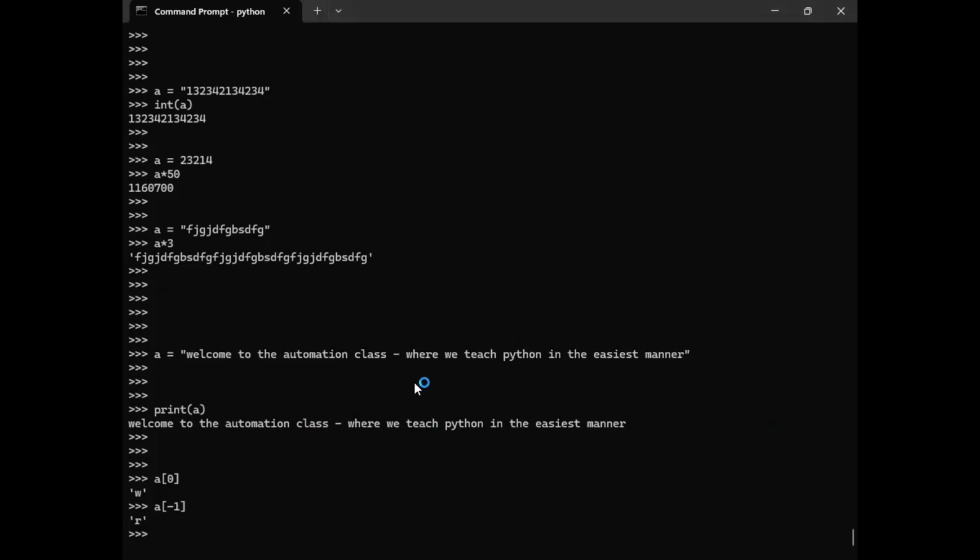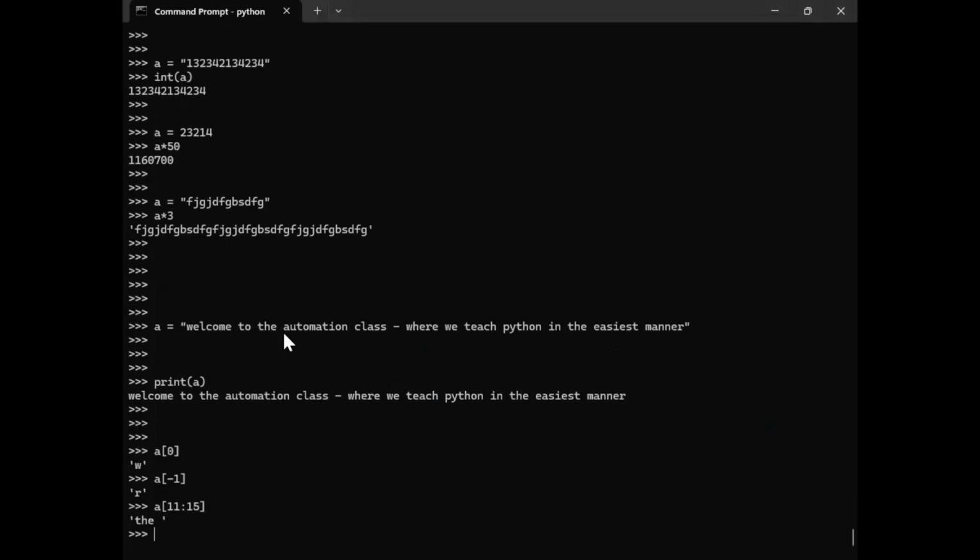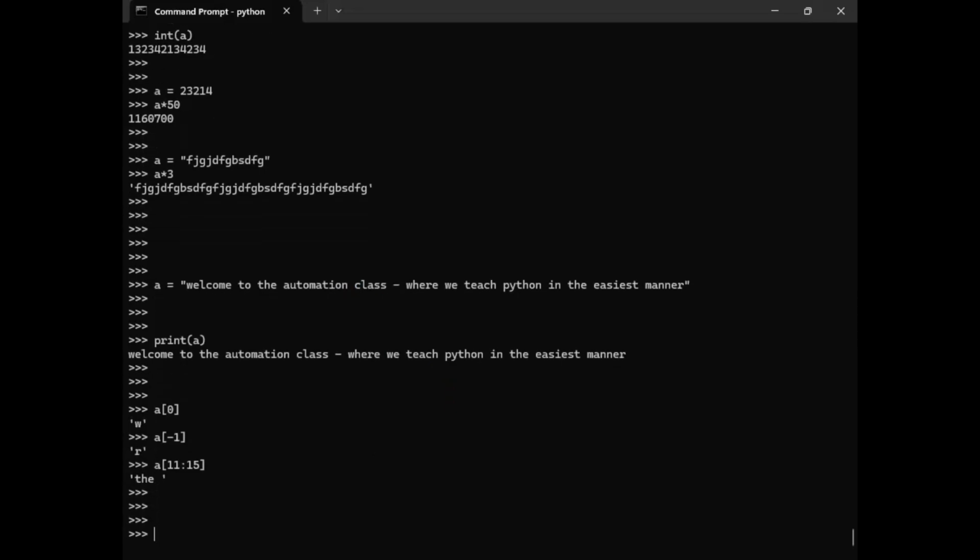So this is the way. Now, let us say I wanted to slice it. So I can put start and end. Let us say I wanted to see from 11 to 15, what are the characters? So you can see it is coming, and after that the space is also counted. Can you see that? That is how it will be represented. So we can find out later on. I will talk about more of the functions. So you can see where "automation" comes, and if I need to just print automation, I will print that slice. But these are strings.